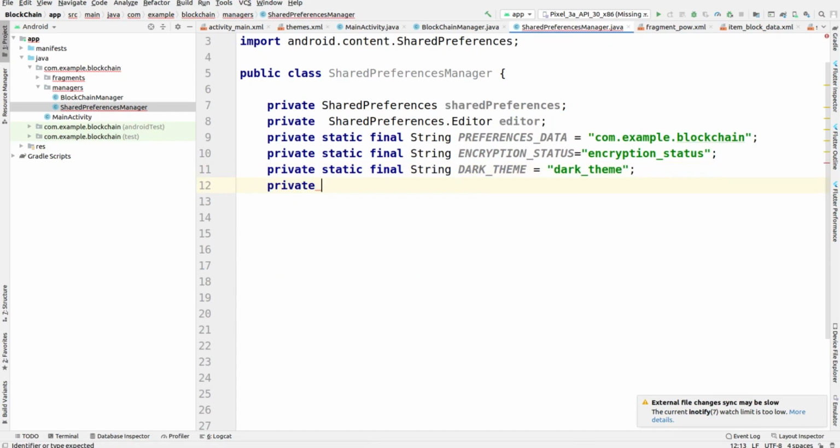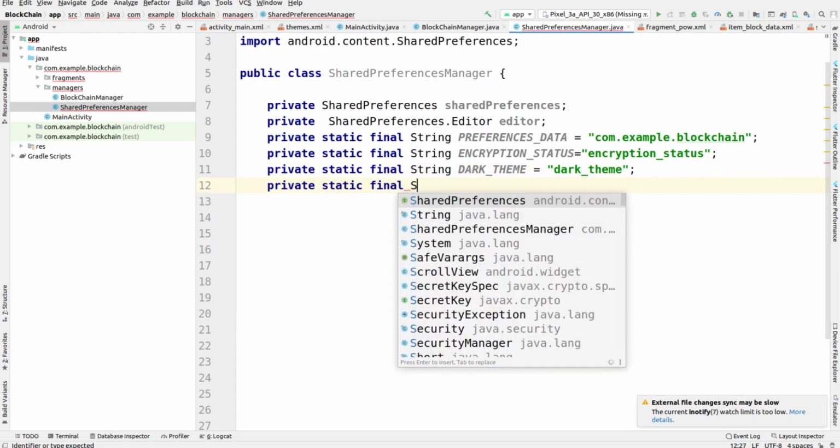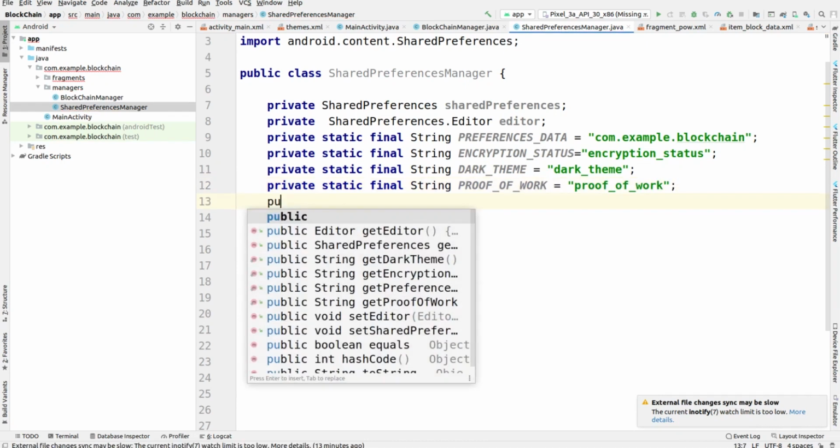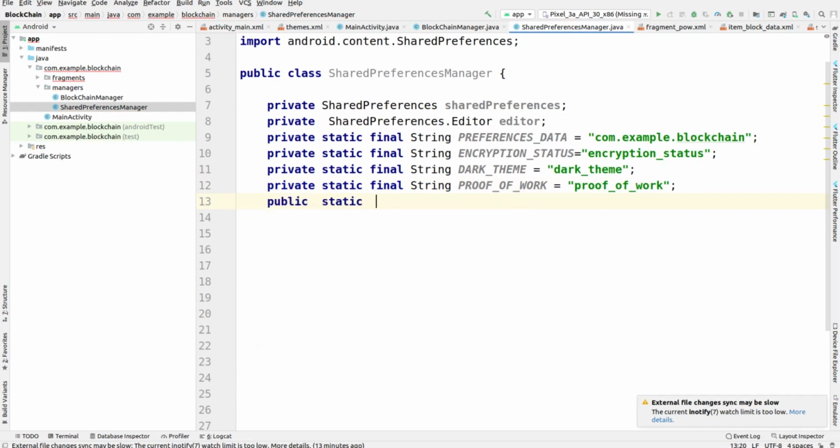Okay, and now here we have to create one more variable of type string, and what's the name of that? It is proof of work. Actually it will judge the blockchain operations, or verify the blockchain. So it is also created, and we are giving them values.